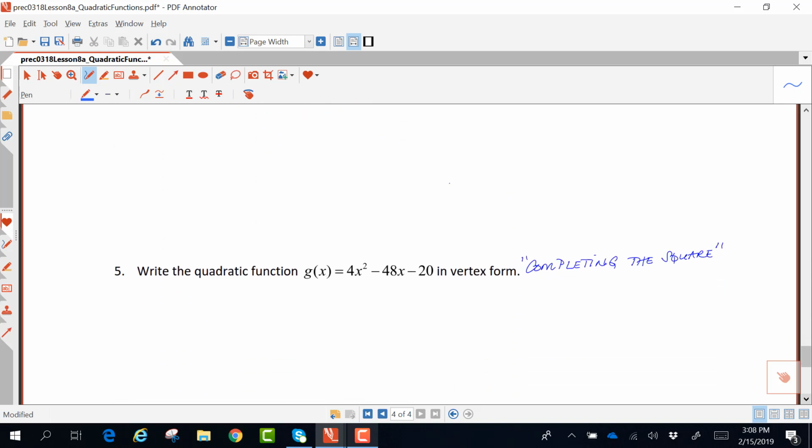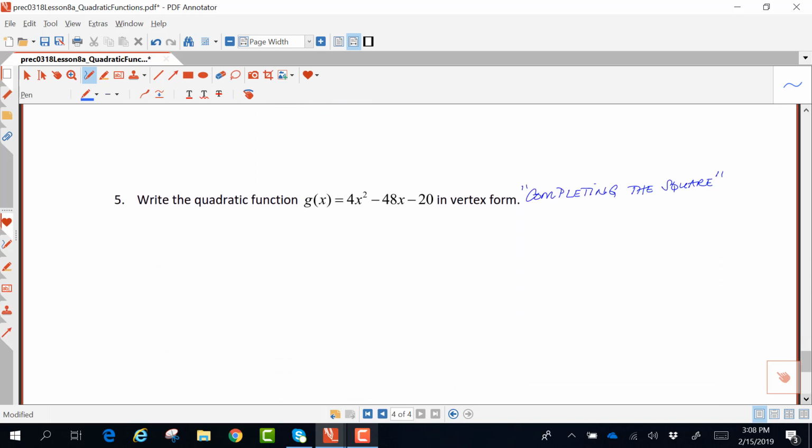One more question, but this is a rather lengthy question. Write this quadratic function in vertex form. In other words, manipulate this equation until it is in the form of y equaling a times x minus h squared plus k. Now this method varies between instructors, so I hope the method I use will look similar to something you have seen in the past. I like to begin by taking it out of function notation and just writing it as